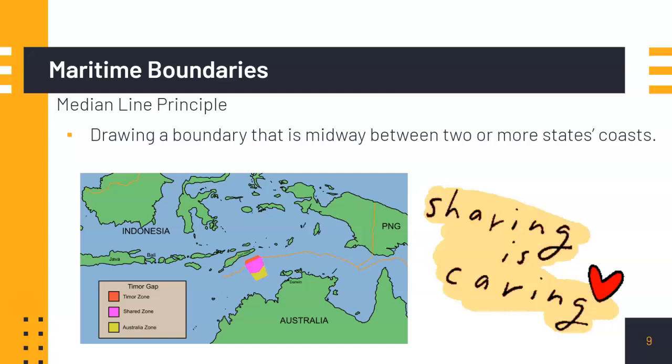This boundary would then apply to the EEZs of both countries, allowing each to claim the resources within their designated zones. While the median line principle provides a clear and standardized method of resolving disputes, it's not always the final solution. In some cases, countries may still negotiate other terms based on historical claims, geological features, or economic considerations. Nonetheless, the median line serves as the fair starting point in determining maritime boundaries when countries are in close proximity to each other.